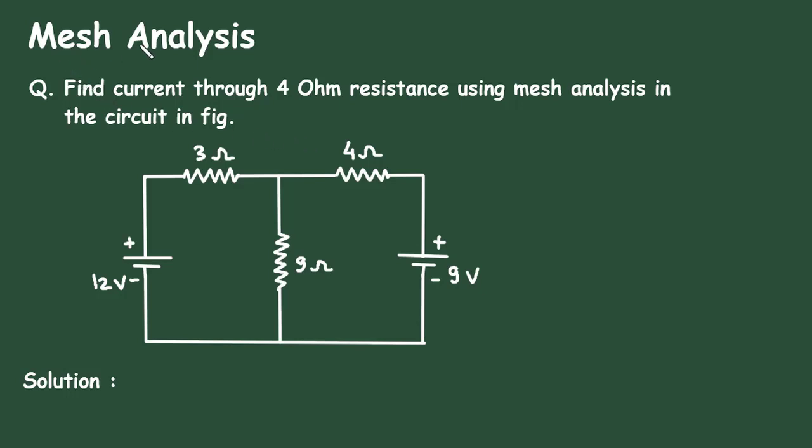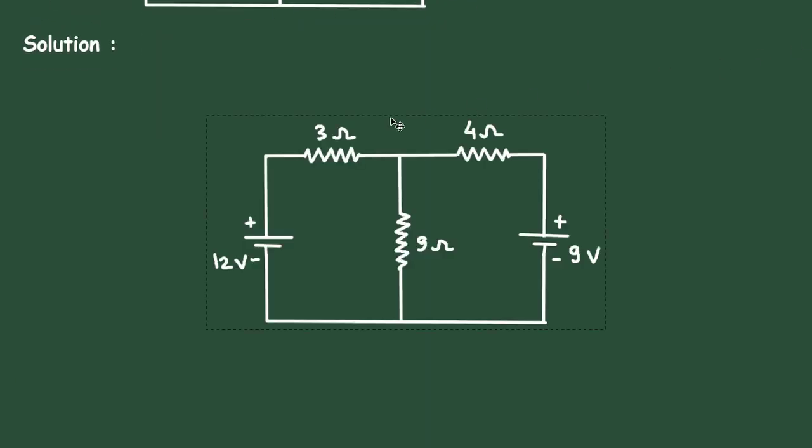Mesh analysis question: find current through 4 ohm resistance using mesh analysis in the circuit in figure. So here in this circuit we can see this is a 4 ohm resistance. We have to find the current through this 4 ohm resistance by using mesh analysis. Solution: